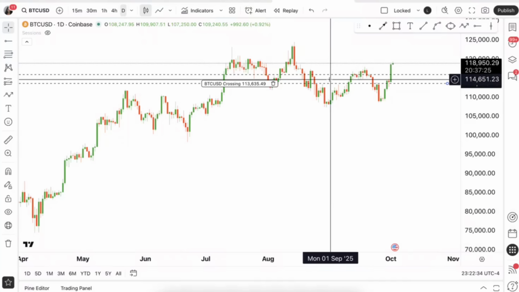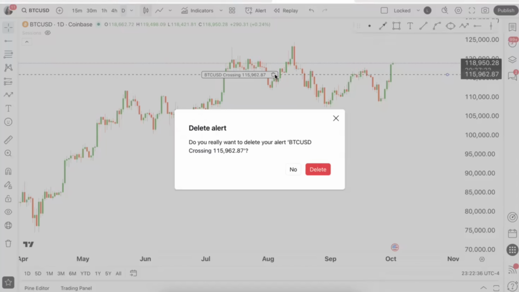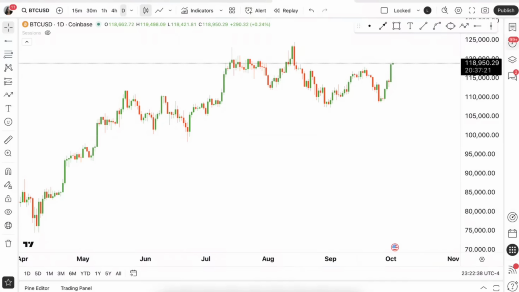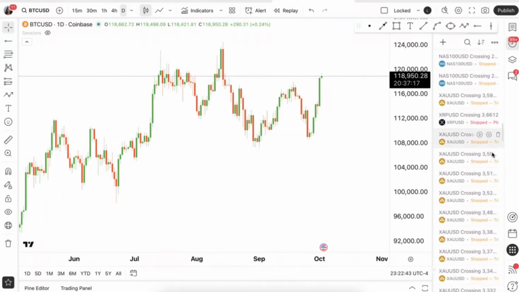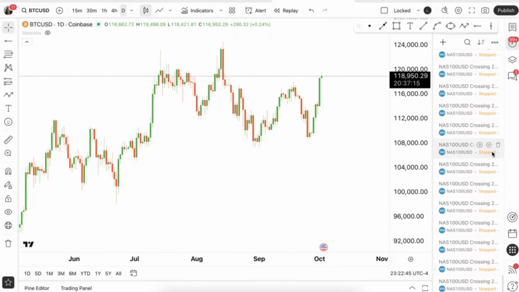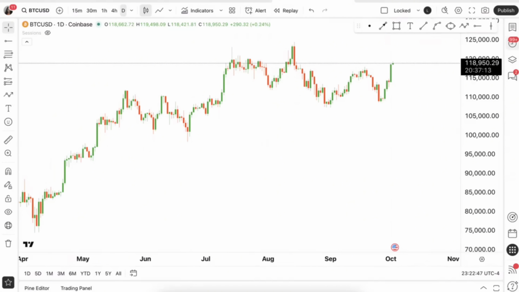I set up a lot of alerts, so you're going to see way more alerts. Like, look at this, 99 plus alerts. On everything I do, I feel like alerts are the key thing that's kept me this far: setting a lot of alerts, walking away from the charts and waiting for price to hit those levels that I'm looking for. So, what are those levels that I'm looking for, you may ask?